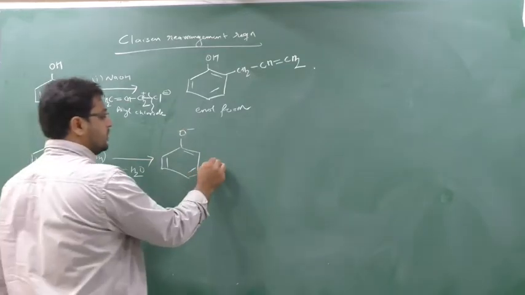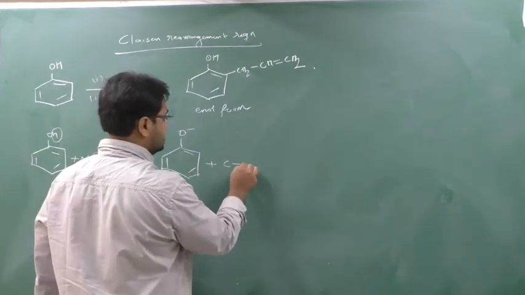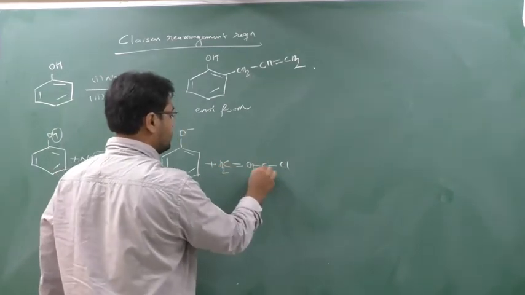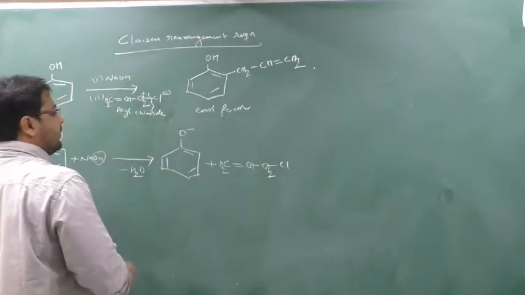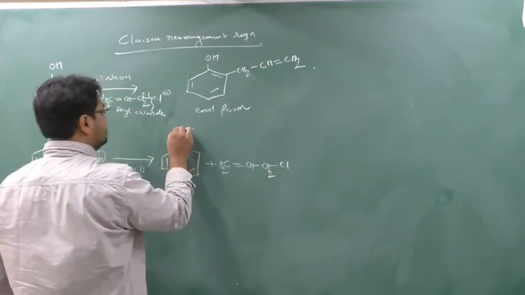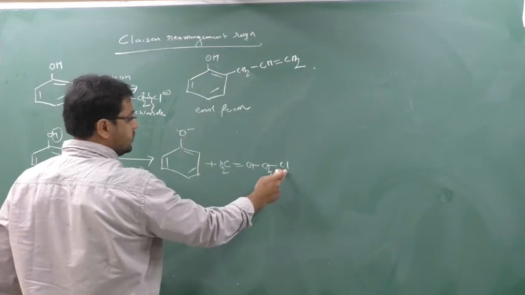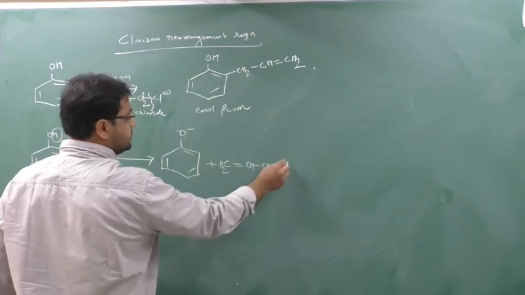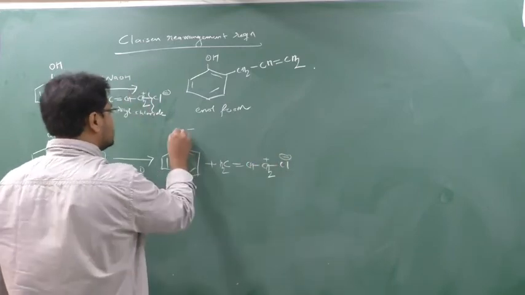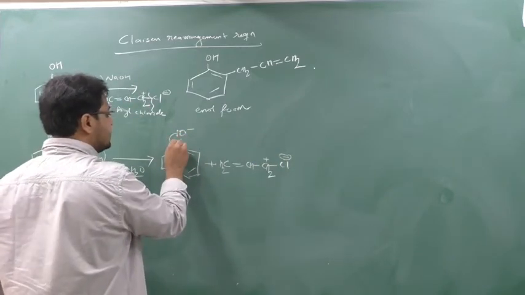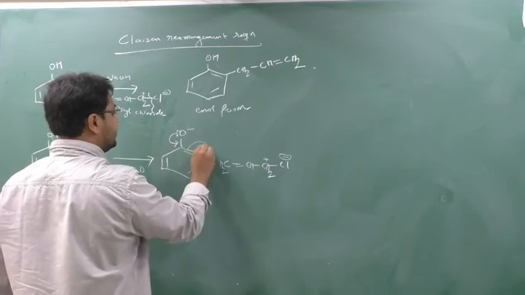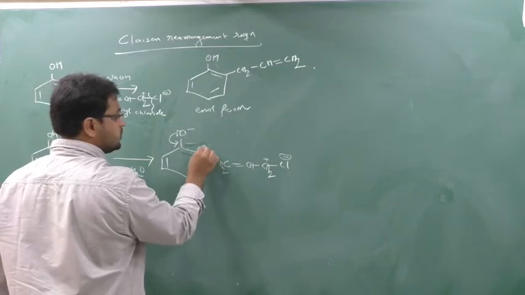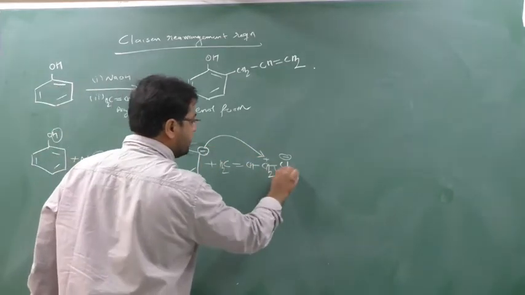Okay, then you come with the allyl chloride. So this is allyl chloride. Okay, 1 2 3 4. Okay, now what will happen? Now here see, this is chlorine and this is CH2. So this will be a minus charge and this will be a plus charge. So here this minus will shift here, and this bond will break. This minus will react with this plus and this bond will break.